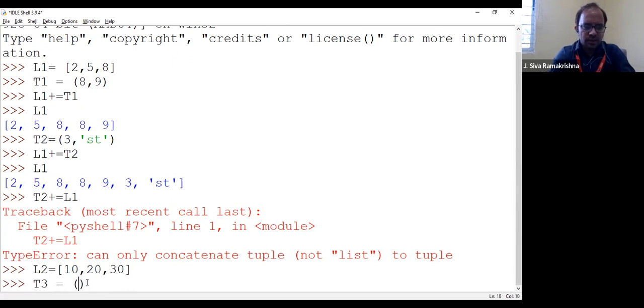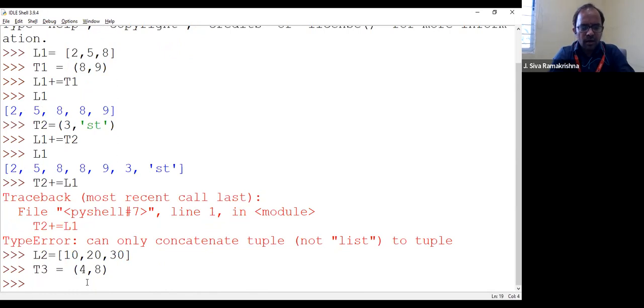Say this is my tuple with the two elements only, 4, 8. Right? I want an output. So the output should be a tuple. So let us say that as a result, right? So what we want is a tuple. So tuple of,